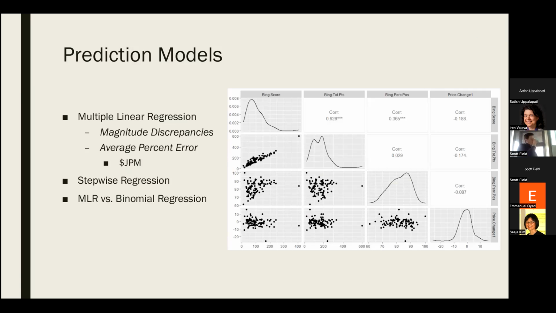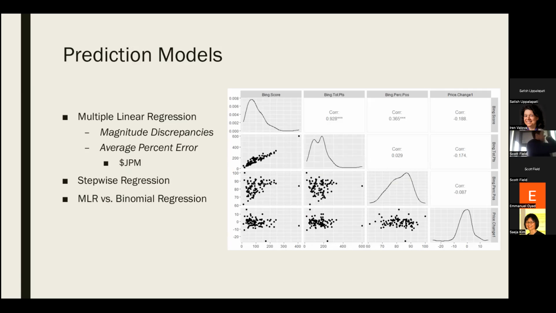First thing I did was look at the data using a matrix scatter plot. As you can see from that bottom row, which this is the Bing lexicon, the bottom row is a scatter plot of all of the predictor variables versus price change. And using the eye test, you can see that there's not much correlation. And if you had any doubt in your mind, you can look at that last column where you can see that there's little to no correlation.